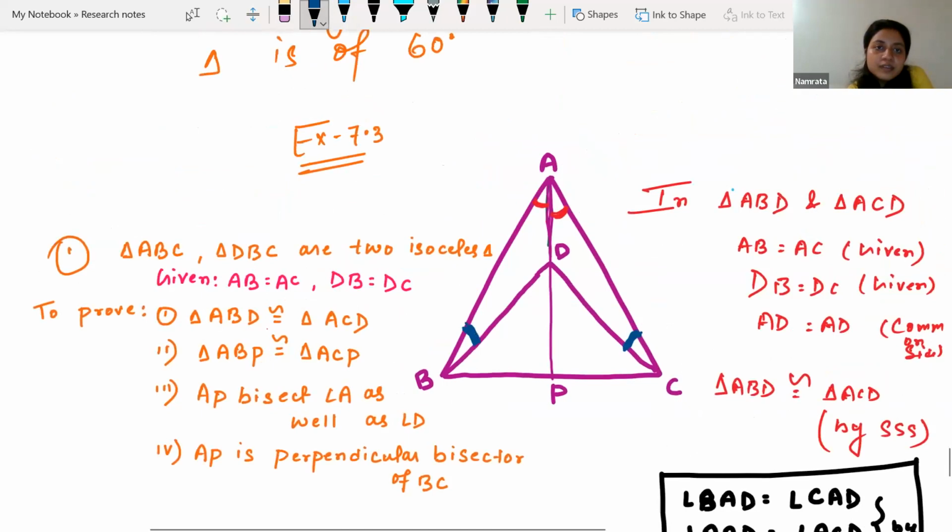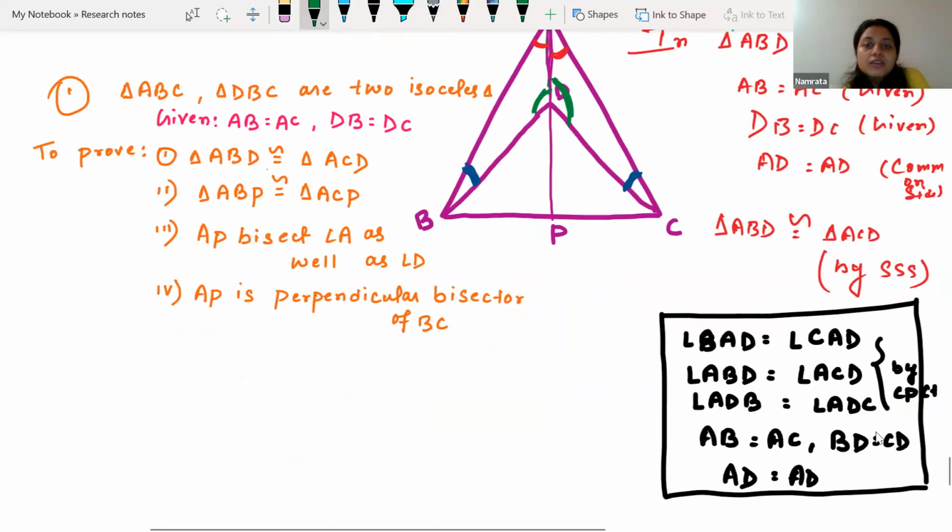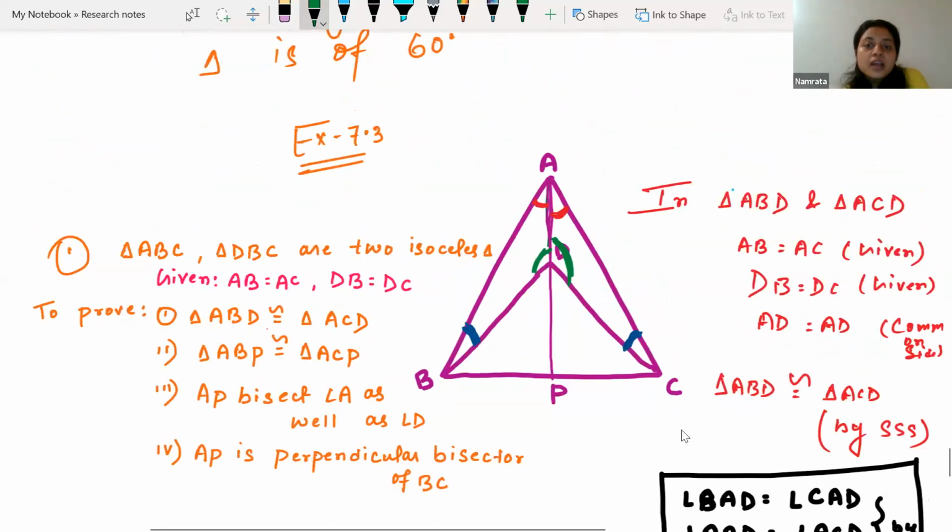This is just the explanation part. When you are going to do it, you can directly jump to the next proof. ADB, this green one, is equal to that green one. Okay, these are the pieces of information we have. Sides we also have the same, which we already listed, so no need to mark them. I am marking it so that, while proving the next part, it will be easier for us to identify. Now the next part is